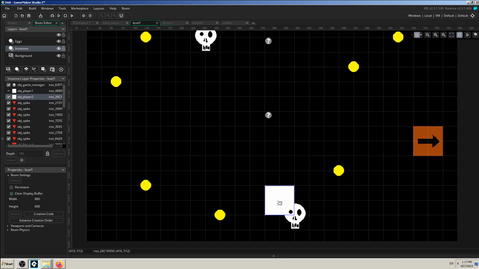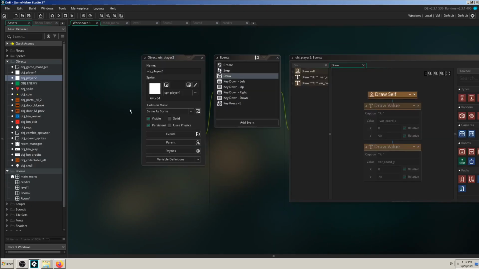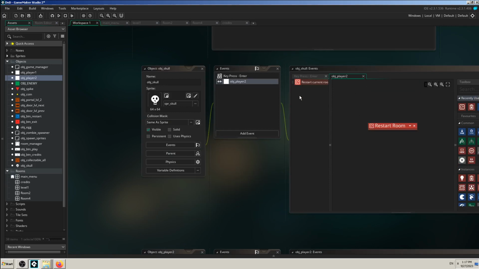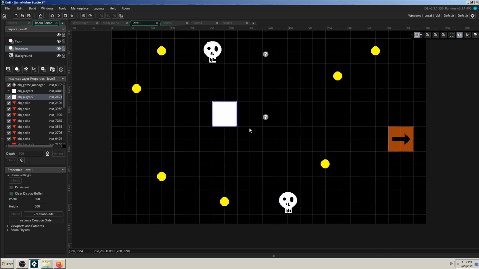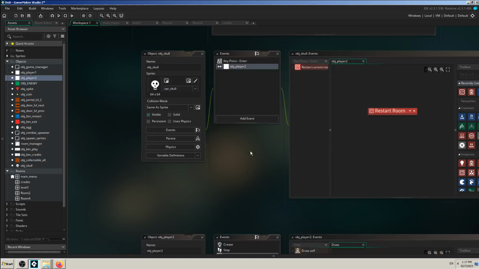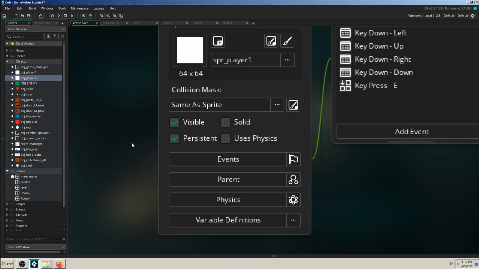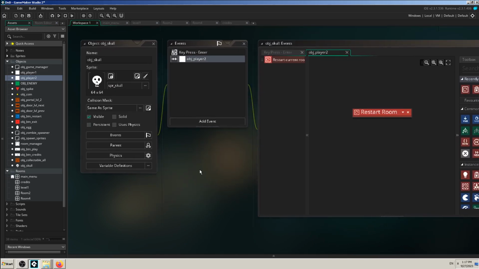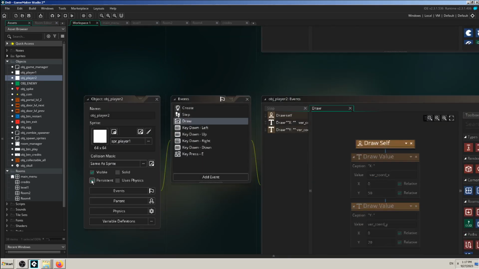One order says move the square to the position here because we're restarting the game, and the second order says don't move it because it's permanent, it will always be on the screen where it is currently. And that confuses GameMaker, so we have to decide: either we want the first one to restart the room, and the room restarts with this guy here in the middle, or the second order, the persistent. I will for now go with the first one because we have seen the second choice, persistent, and it freezes